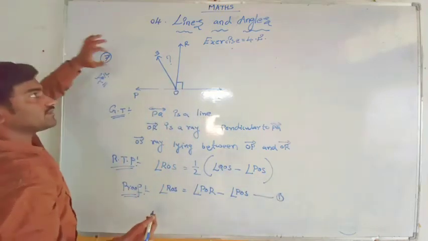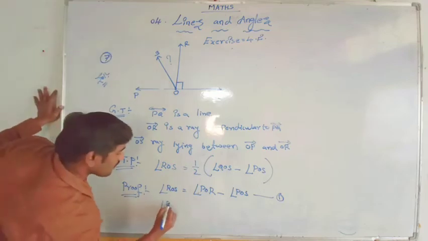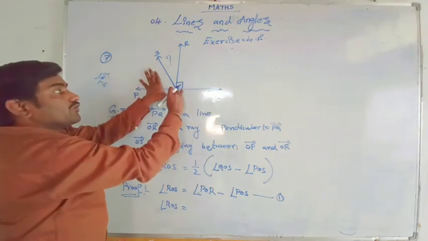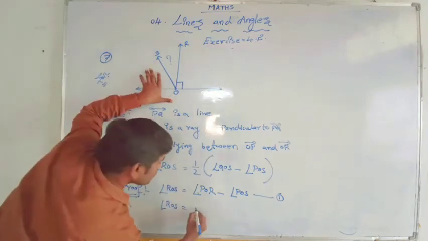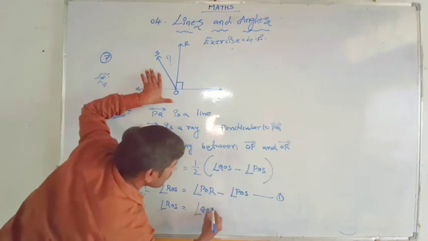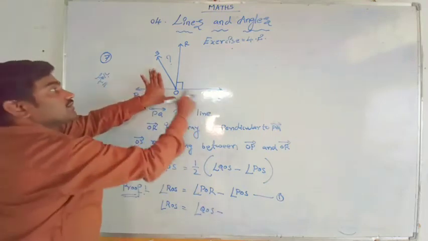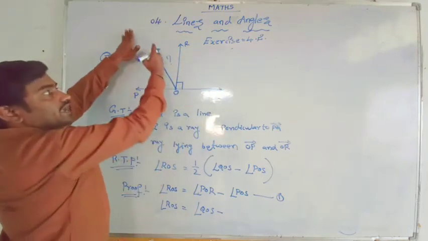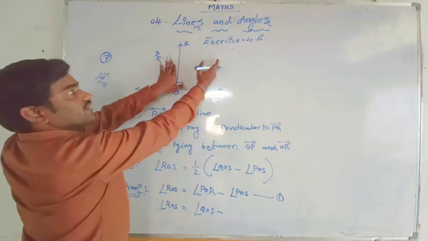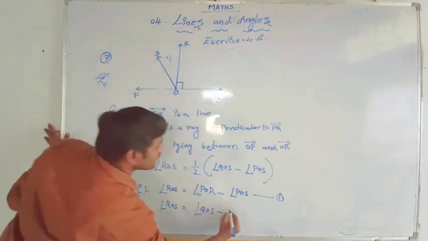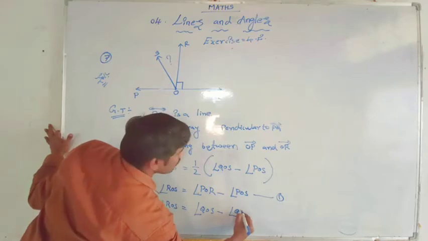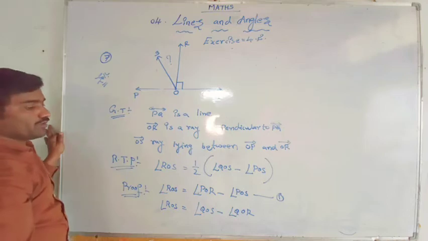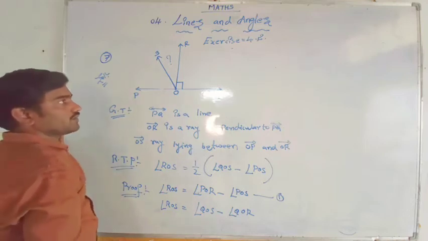Here we also take the same angle ROS from this diagram, from QOS: angle QOS minus, from this complete angle we have to subtract this angle, so that we will get this complete angle minus this angle. So QOS minus QOR, POR minus QOR.